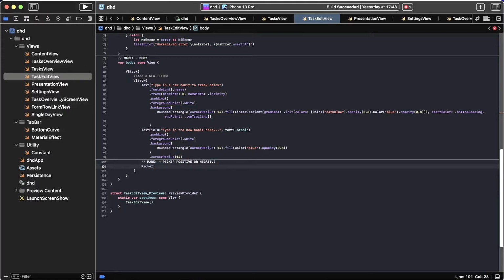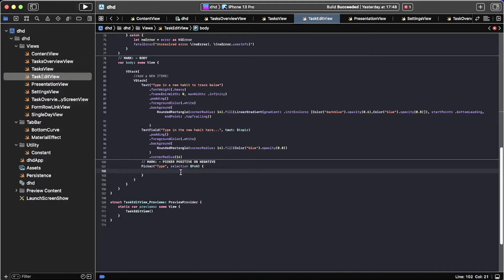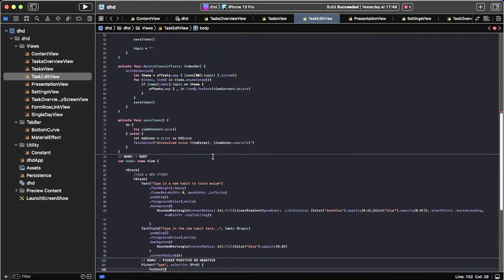Okay, so here, picker, go for type, go for selection, is PON, go for open brackets, enter, for each, then we go for PON types,